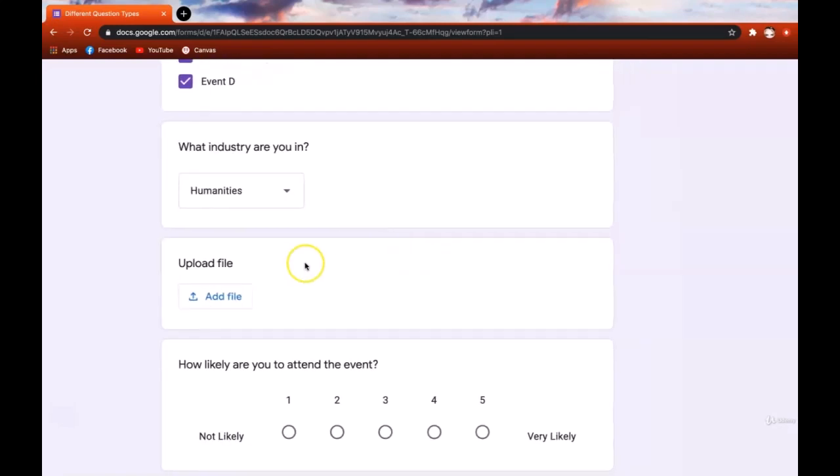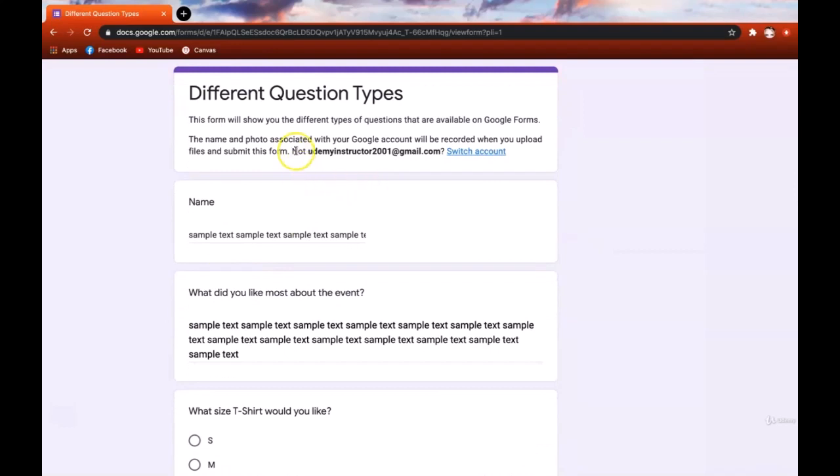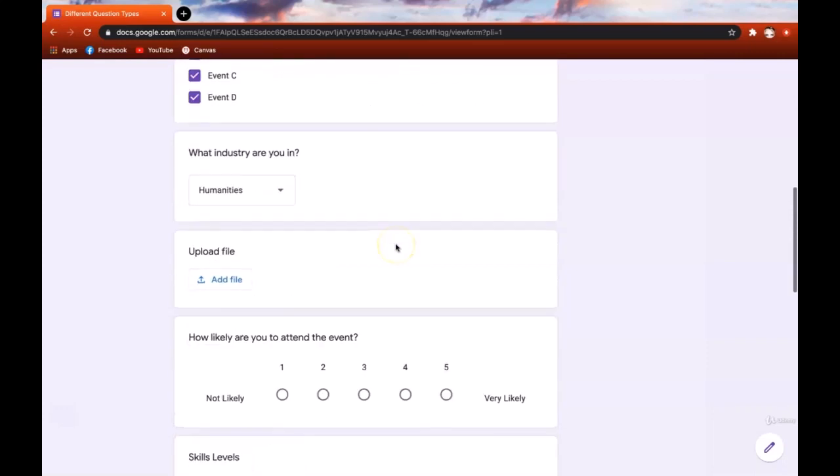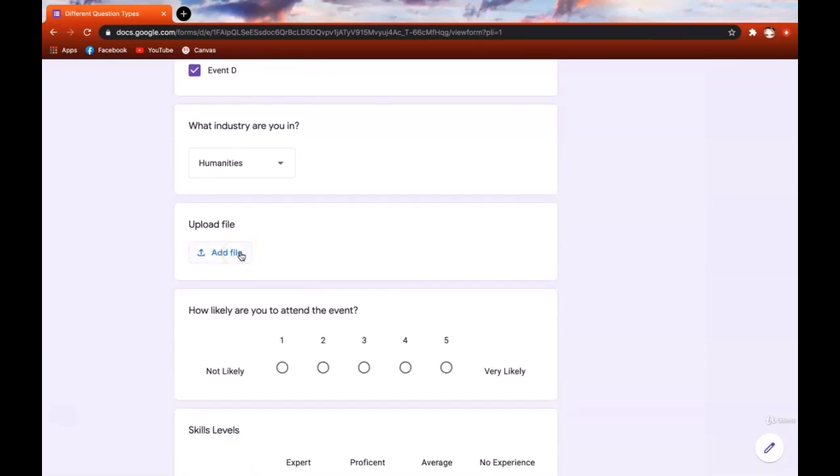Next up, we have the file upload. This is where you can go and submit files. Now, if we scroll back up, you can see that we have this little blurb here asking you to verify that this is the account that you want to be associated with this form. And your form would only have this if you added a file upload question. If you see this, be sure to double check that it is the right email, because when you go back to the upload file section and click on add file,